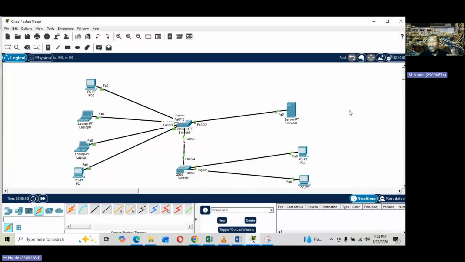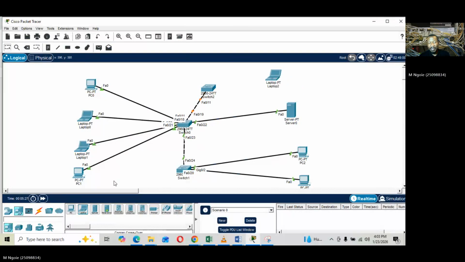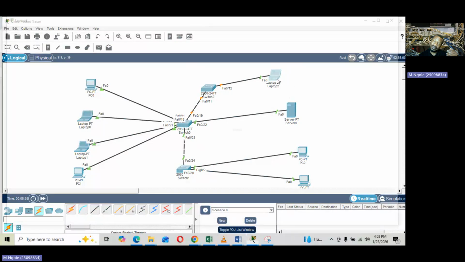But we cannot only stop here. I can also add some other switches. Okay, let's say the companies keep on growing. I can put another switch there. I can connect there, right? And I can add some laptops here, maybe one, and I can connect the laptop again here. So same process. For me to be sure what I must do, I can go to my laptop here,